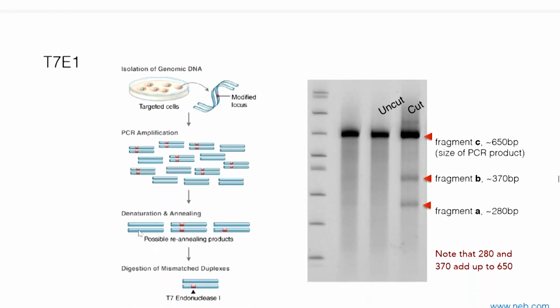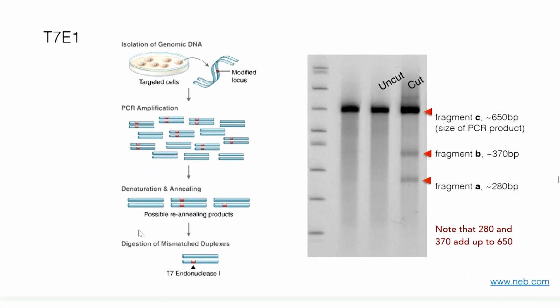So the T7E1 or Surveyor assay is a way to assess editing efficiency for indels on a bulk population of edited cells in which there's a mixture of different types of indels. We can start out with genomic DNA that has Cas9-derived edits. We just take the whole batch of cells mixed together and PCR amplify the particular locus that's being edited. In this case, we get both amplicons in which there's no edit, or there's some kind of indel mutation that's been acquired. We can take the PCR amplified products, denature them, and reanneal them, and they'll basically randomly reanneal